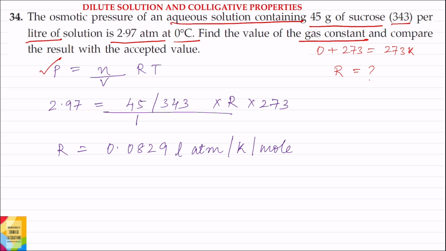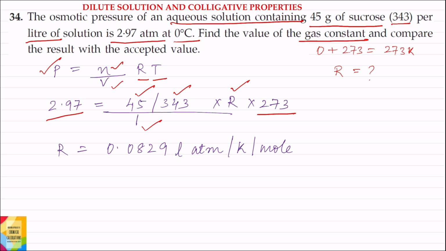Osmotic pressure का formula है n divided by V into R into T. Osmotic pressure की value given है 2.97. n is the number of moles, that is weight divided by molecular weight. Here weight of sucrose, that is 45, divided by molecular weight of sucrose, that is 343, divided by volume of solution which is given as 1 liter, into R into temperature, that is 273